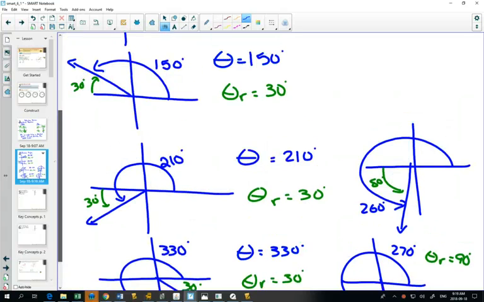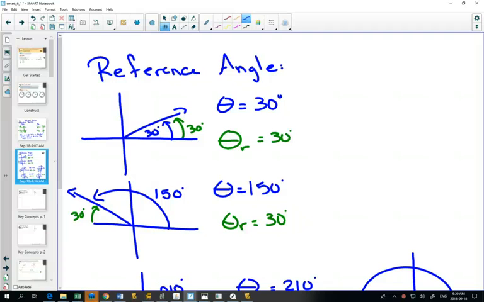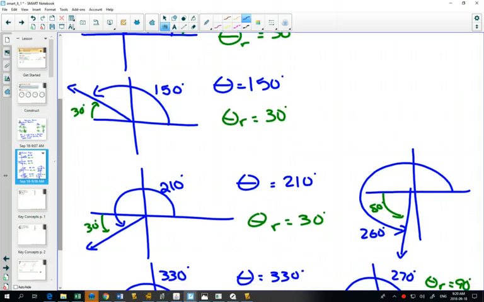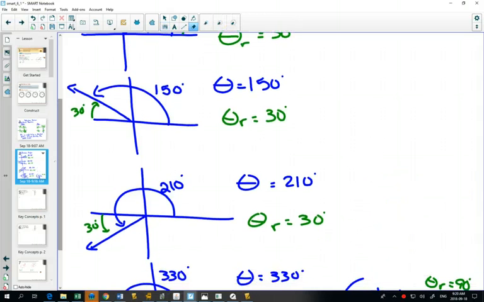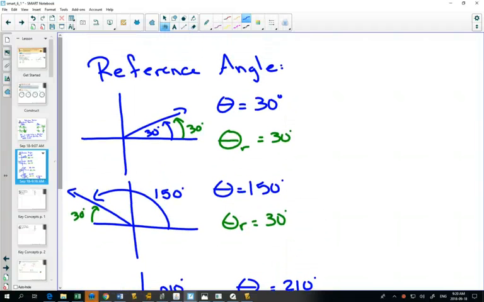What is the definition of a reference angle? So I'm going to erase this and this for now. Our definition of a reference angle: based on what we've drawn here, we've drawn a bunch of reference angles. A reference angle is always positive, so we'll write the positive angle